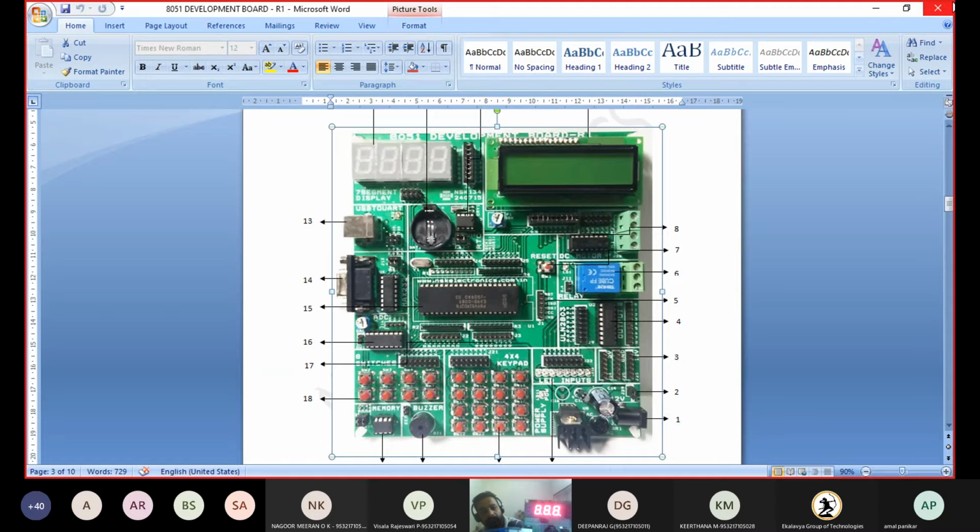Next, these are the 7-segment displays. These are the LEDs, which are now blinking continuously. That is called toggling. We have developed a program to toggle the LEDs.